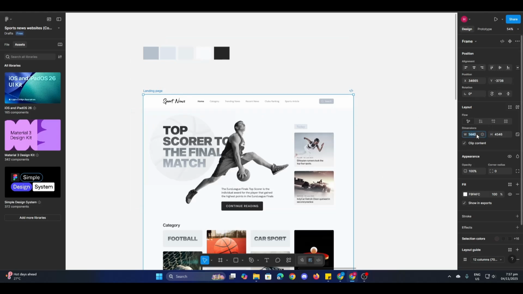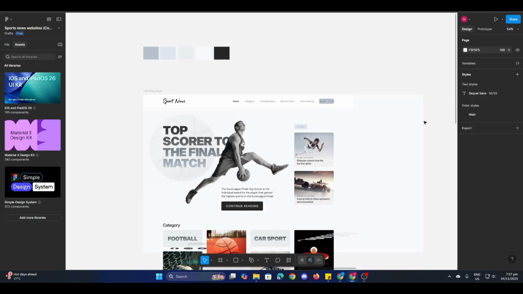Then let's just change the dimensions. For example, we're making a website, right? So let's just change it to 1920, then 1080. Okay, and then so